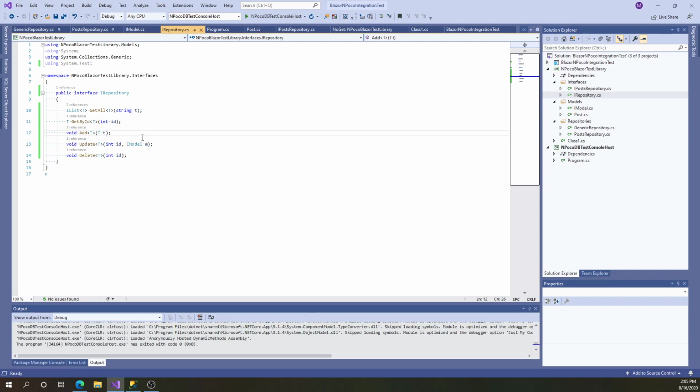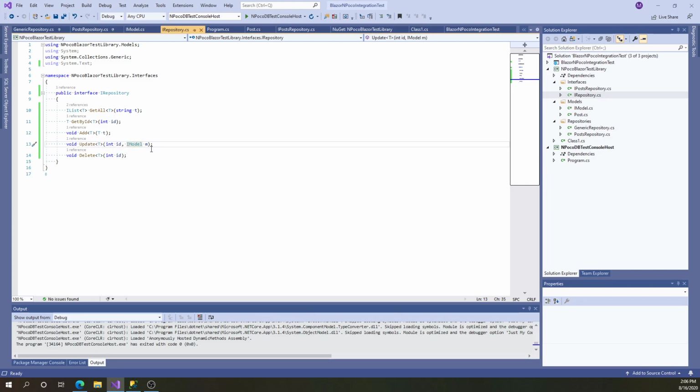if you're going to use this method later, you can specify the type of model or class that you want. And then the same with the parameters. Every time there was a parameter of type Post, I just put one of type T. The only thing where I made a small change was with the Update method where I set int ID and